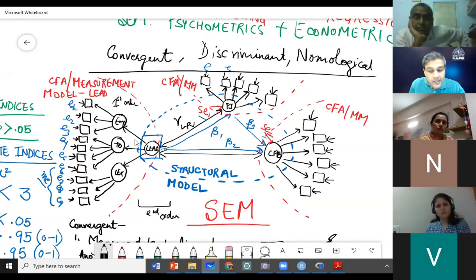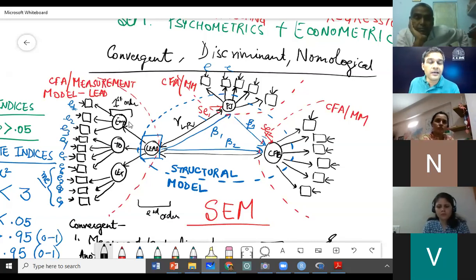Is that okay? So now I move further and I meet the second circle. This is called the second order factor. This is called the first order factor. And in our terminology, this is called hierarchical CFA.